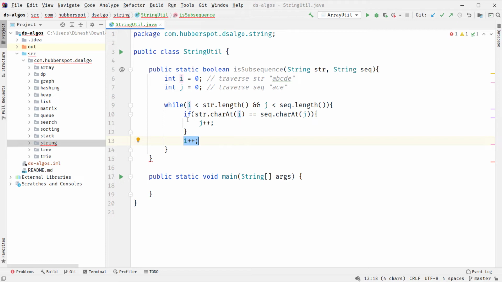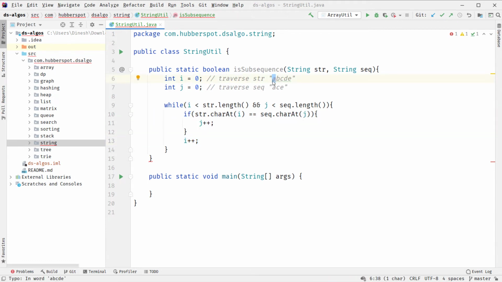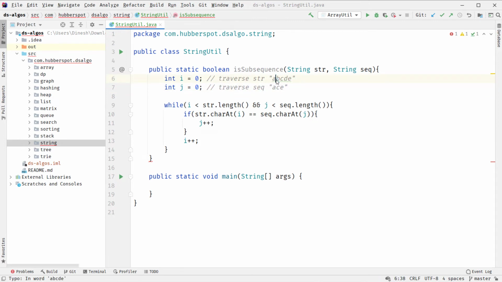If we have found our element, we increment i because we have to compare the rest of the sequence with the rest of the original string. If we don't find the matching character, as where we are comparing B with C, this condition comes out to be false, so we only increment i because there could be a possibility that the next character matches the sequence character at the jth index.